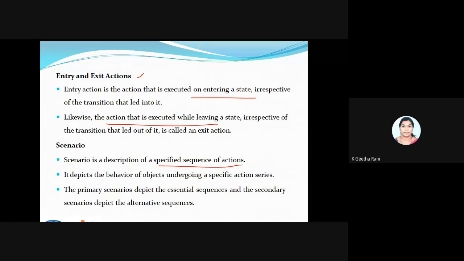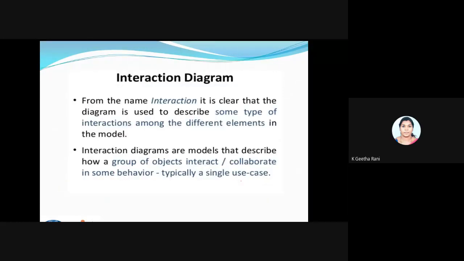So next, how do you implement this dynamic diagram? We call this an interaction diagram. In a dynamic diagram, I'm just classifying it. The first part of implementing this dynamic diagram, in a way, we call it an interaction diagram. The term itself is very clear for you. So what is the interaction actually?